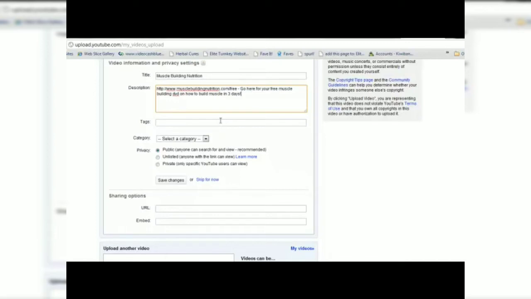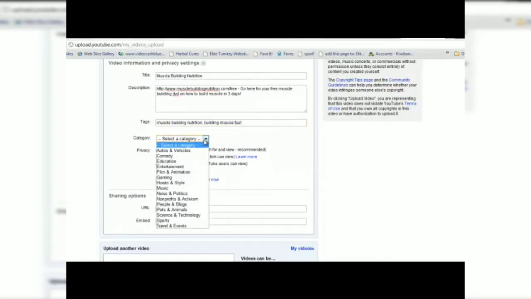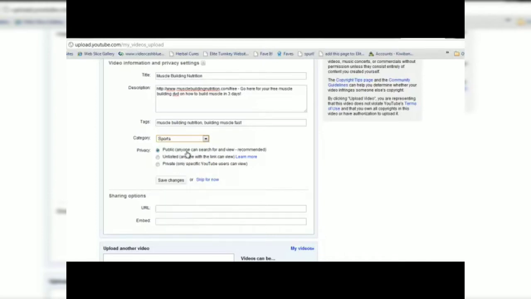Something like that. And for your tags you want to put your keywords. Muscle building nutrition. And you want to select your category as sports, sure. Make sure it's selected on public